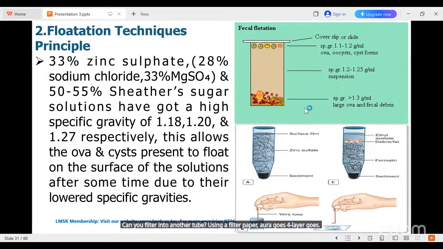You top up to the beam. You put a cover slip on top. You just wait for 30 to 45 minutes. So these solutions have got a very high specific gravity of more than 1.27, for example, and this allows for